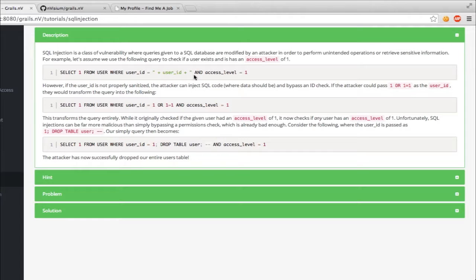If a value such as a string is passed to the user ID field, such as the string seen in the second query, 1 or 1 equals 1, this actually changes the nature of the SQL query. In the second query, you can see that the user ID is selected if it is 1 or if 1 equals 1, which is true in all cases. In other words, this will select any user from the database that has an access level of 1, essentially bypassing